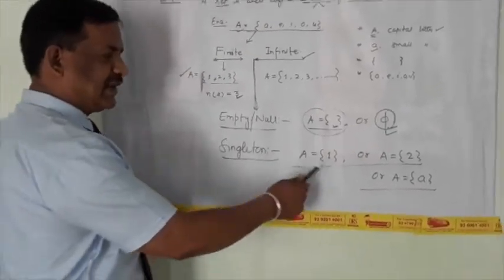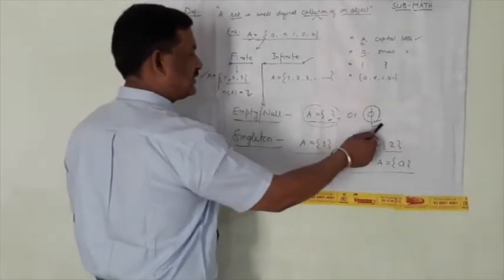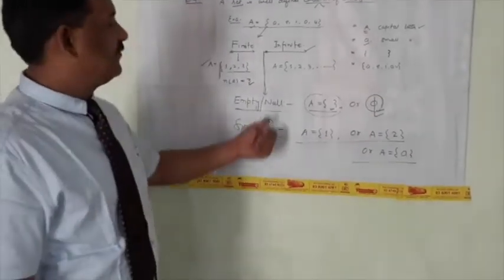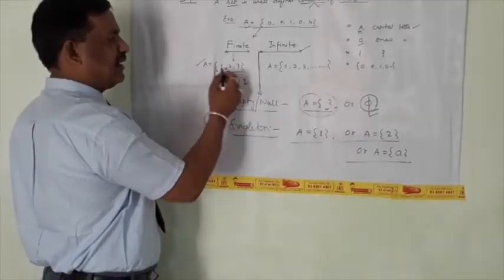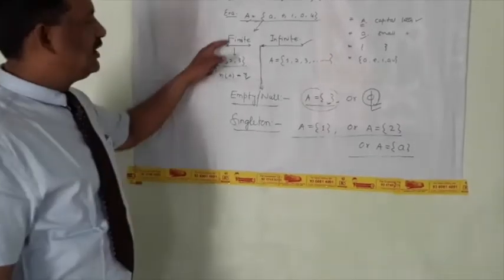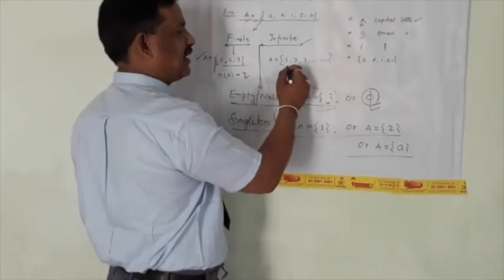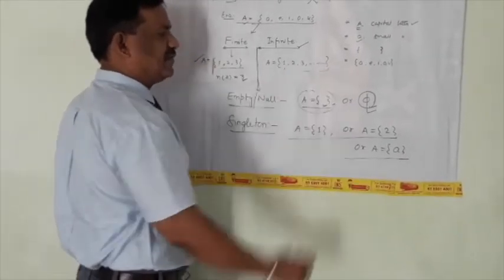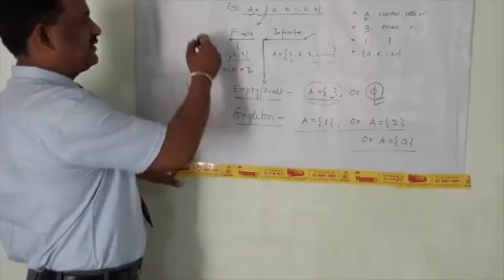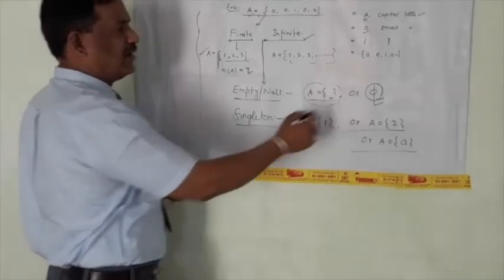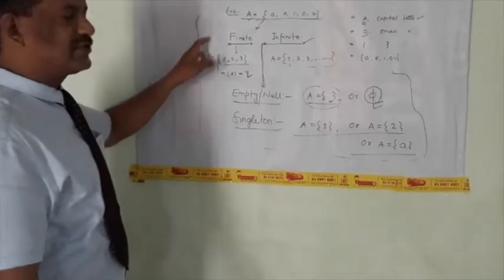So a set which has only one element is called a singleton set, and a set which has no element at all is called an empty or null set. A set in which we can count the elements, elements can be counted, is called a finite set. A set in which we cannot count the elements is called an infinite set. So for the student's welfare, this is the method by using roster form, which is the easiest way to represent a set.